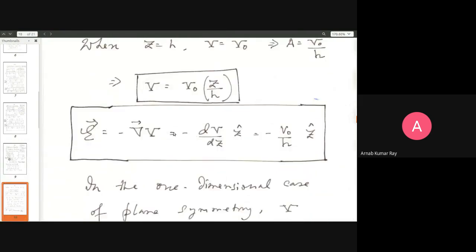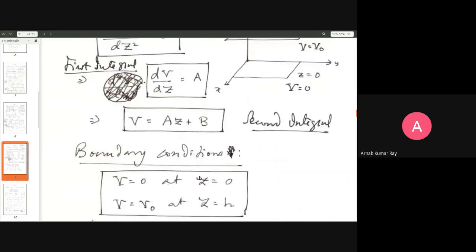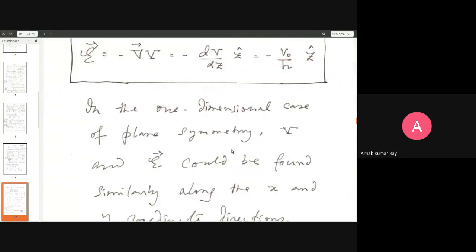And then step number 6 is to write the electric field as the negative gradient of the potential function, which is what you have over here. And the negative gradient of the potential function for this particular problem is actually minus dV/dz z cap, whose value you know already. dV/dz is A, which is equal to V naught by h. So what you have done